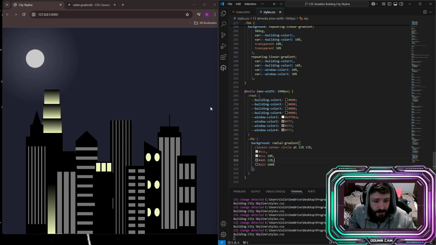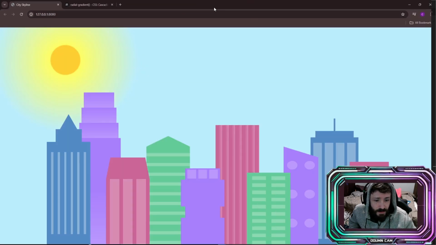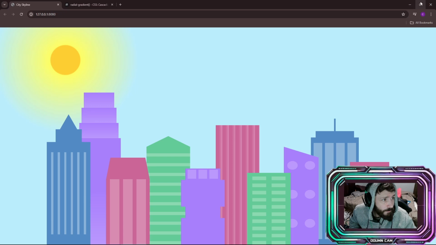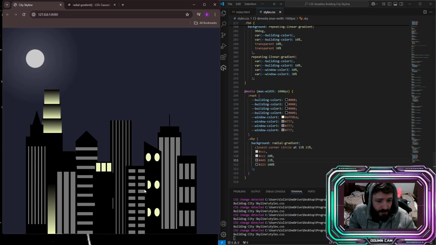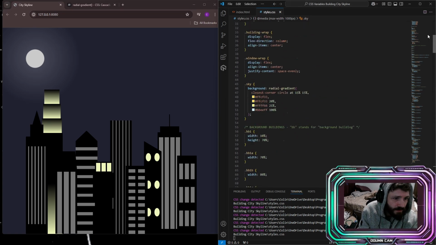Looking good there. But yeah, so it was pretty fun doing that. Quite a bit of different stuff to work with. Like what we could do just to make it even better, you know, like go through, give each of these windows, or at least some of the windows, different ones, and give them this color so it looks like some are on, some are off. We can even make it so that like this actually is kind of cool. I like